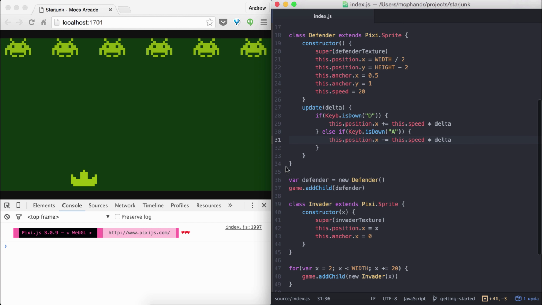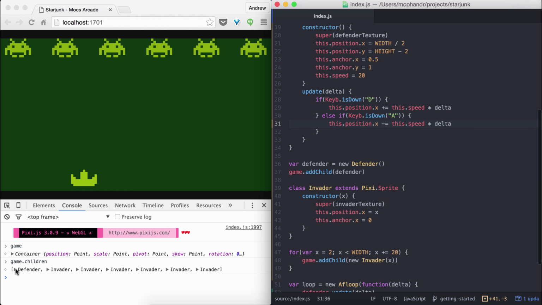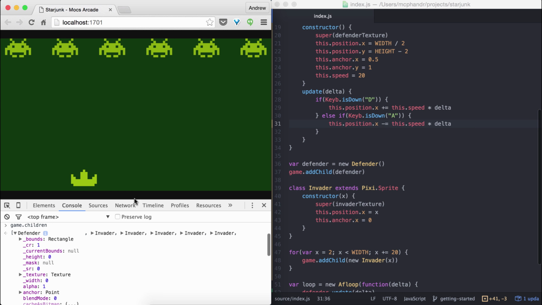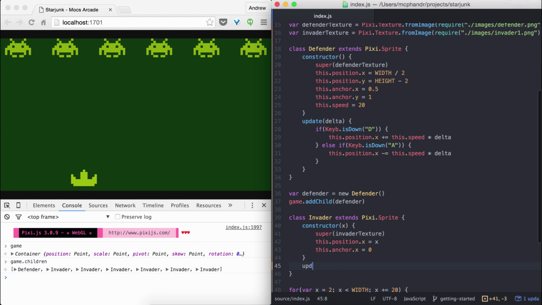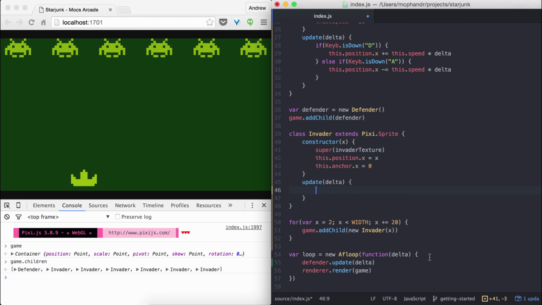This is nice because now, if we check our game, which we defined before, game.children, we can see all the different classes we defined. We see our 1 defender and our 1, 2, 3, 4, 5, 6 invaders that we have descending upon our planet. And they all have those custom classes and properties that you defined as inherited from the PIXI.Sprite class. If we, for example, wanted to extend this invader even further and give it its own update function, then we could iterate through all of the invaders by saying